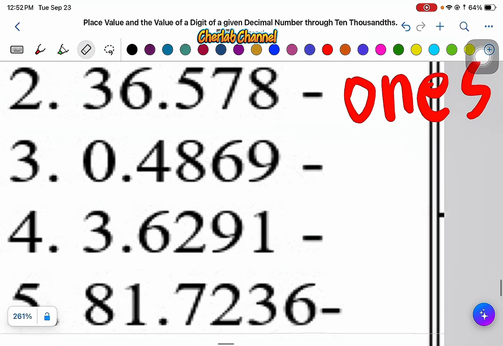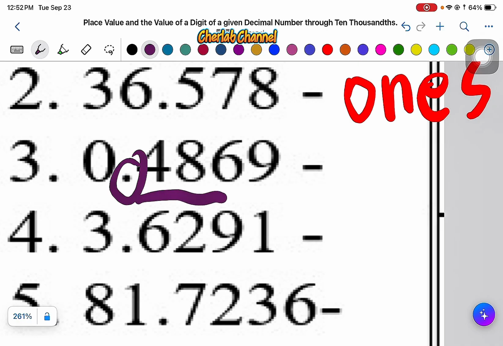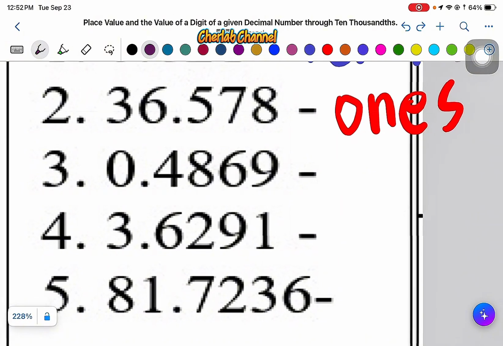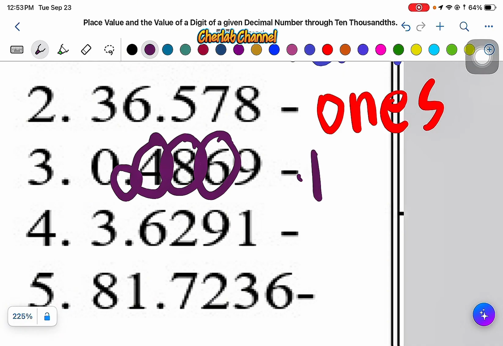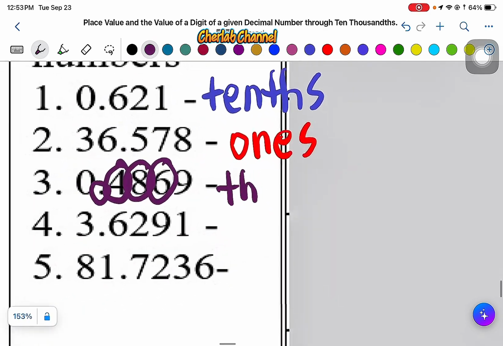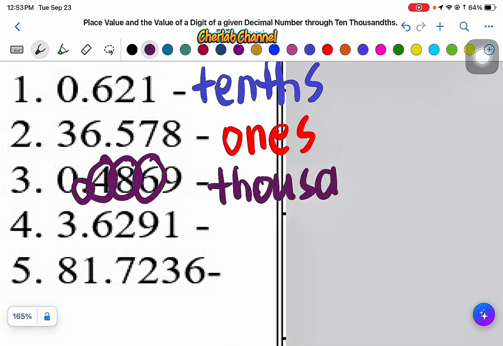Next, number 3, we have the decimal point and then papunta kay 6 ay kanan. So, meaning this is a decimal number. So, ones, magsimula ka kay decimal point to ones, tens, hundreds, thousands. So, the 6 there is at thousandths with